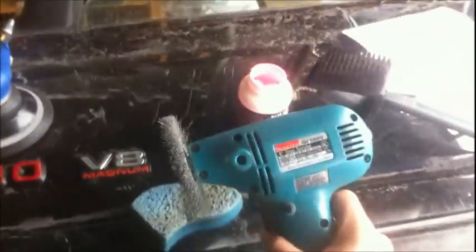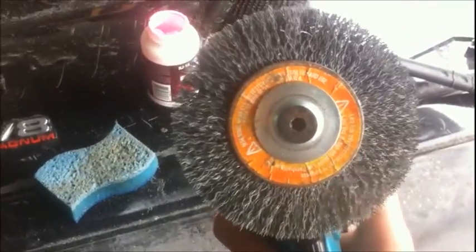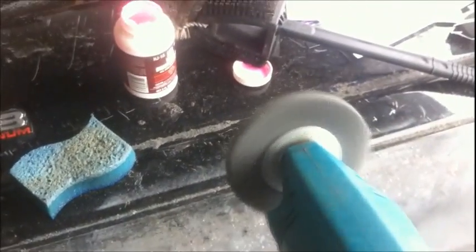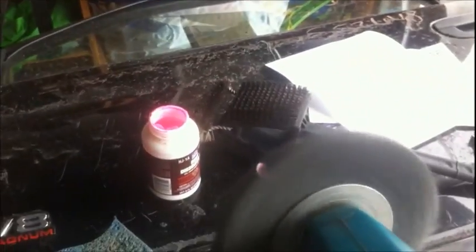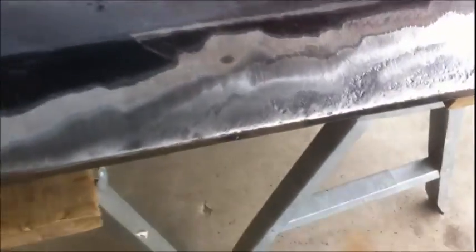Alright, it's not the greatest setup in the world, but all I did was take the plastic thing off and flip the washer on the front of it over. Otherwise it was not working right. And it's on there. It's not quite centered, but it'll work for now. A little off, but yeah, I'm going to get on there and get these corners all ground out. Alright, got to hit it with the wire wheel and get all the rust out of the pits. So it's looking...